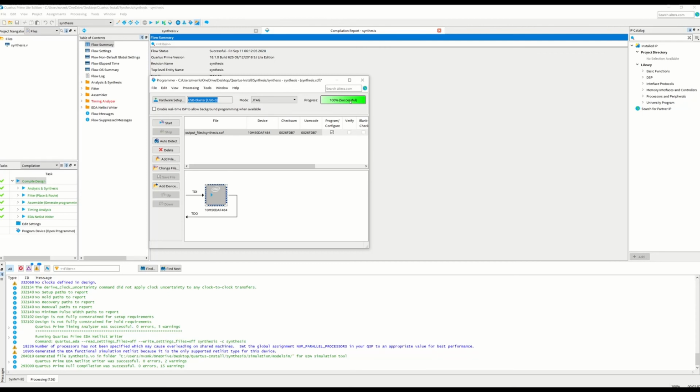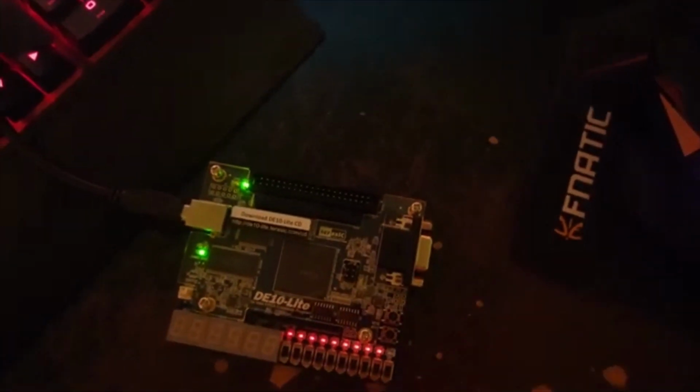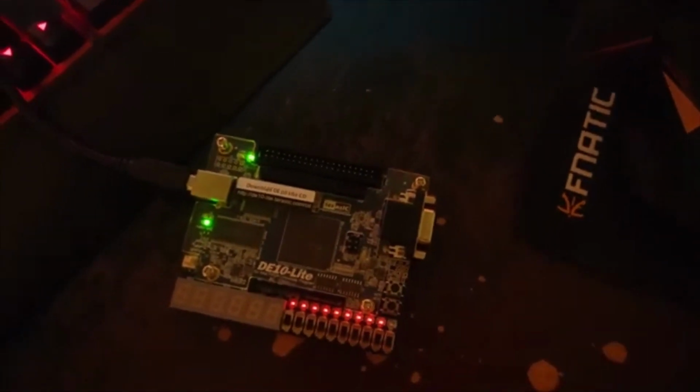If I select whatever the gates are, I should be good. So I'll jump to the actual footage of my device, and then we'll see from there. This is what my board looked like after I programmed that part.